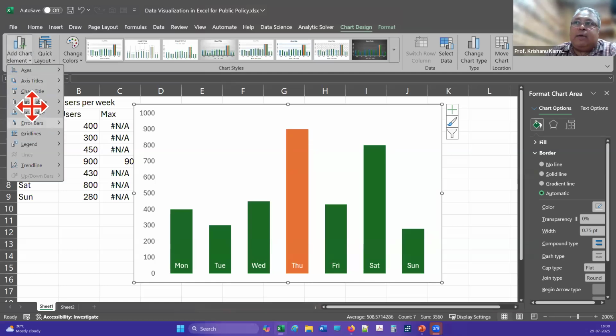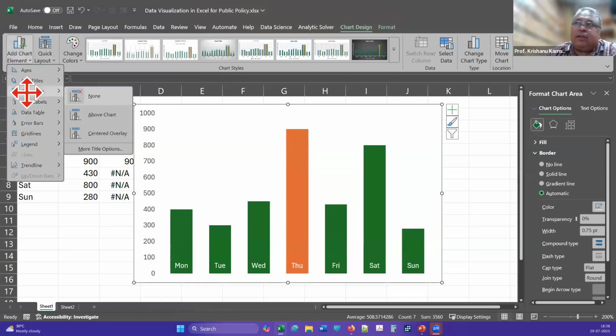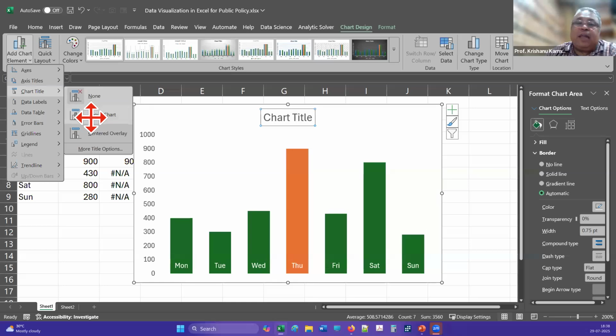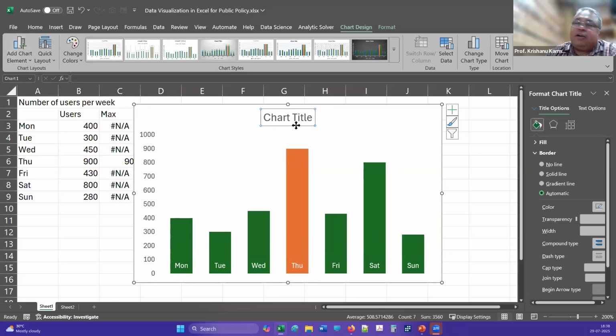In the chart element, I'm going to add a chart title above the chart. So I select that option, and this blank chart title with just the words "Chart Title" comes in, which is now selected. So let's select it and go to the address bar, or functions bar, whatever you call it in Excel, and there